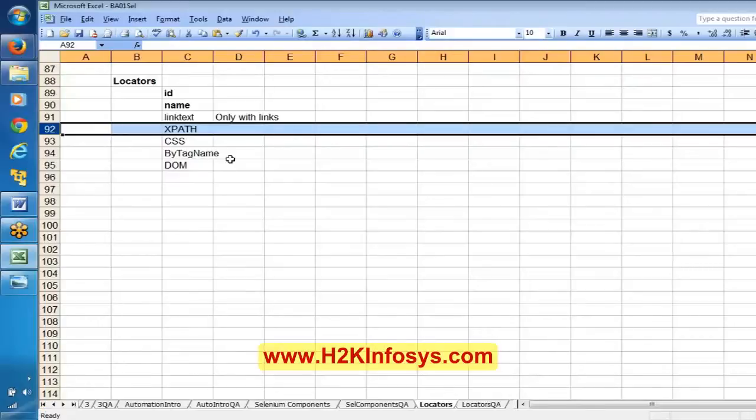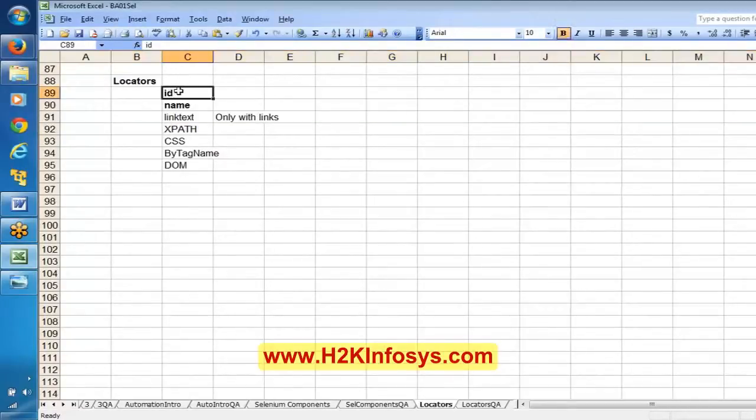As of now, if you want to use XPath, I'm going to give two formulas. Just use those formulas if you really want to use XPath. And moreover, first you have to give the preference for the ID. If you don't have the ID, then give the preference for the name. If you don't have the name, then check whether it is a link text or not. If it is not a link text, then go for the XPath. I hope everyone is following. It is the order of the preference.